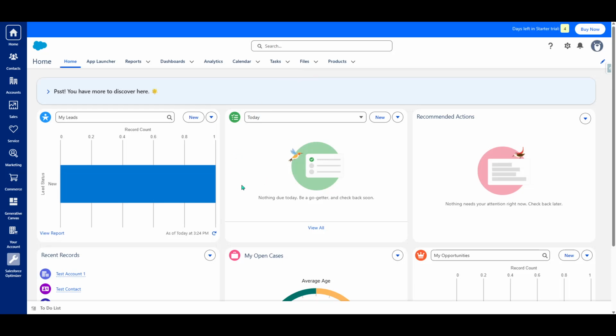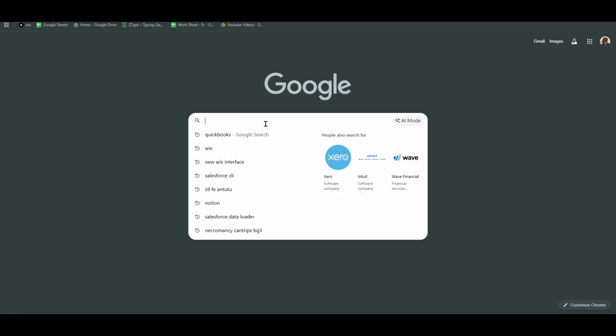In today's video, I'm going to teach you how to install Salesforce CLI on Windows. If you're new to Salesforce development or need a reliable way to work with orgs, metadata, and automation from your computer, the Salesforce command line interface is a must-have. I'll walk you through the process step by step in a clear, safe, and simple way so you can get